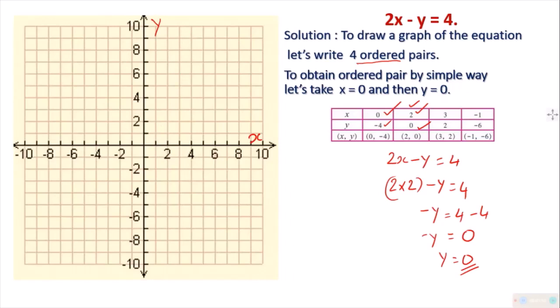Here it is very simple. Sometimes you write 10, 20, then you will write 1 centimeter is equal to 10 and so on. Anyway, here is the graph paper in front of you. Now I have to mark these points on the graph paper. So I am going to mark it.